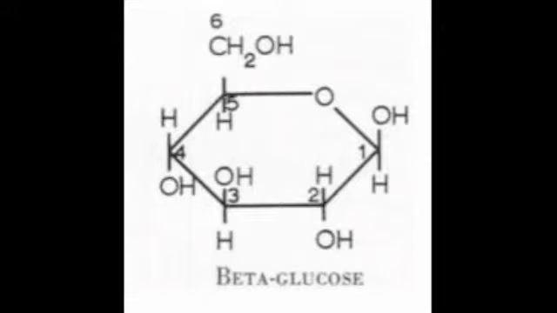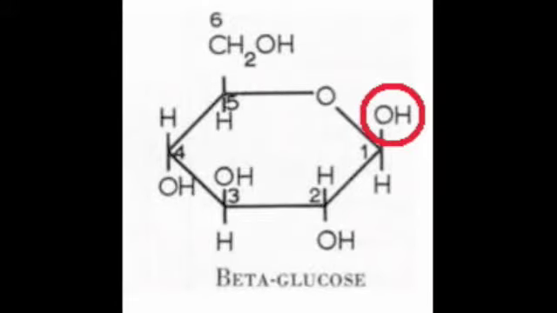In beta-glucose molecules, the OH of the first carbon points down. This small structural variation